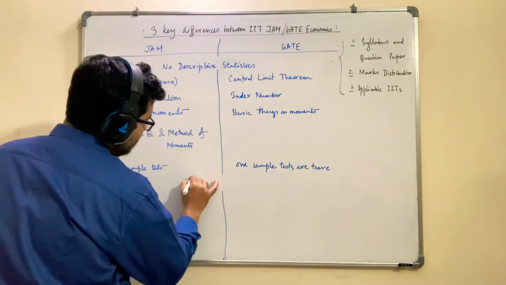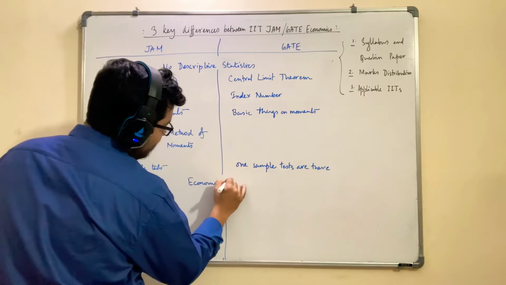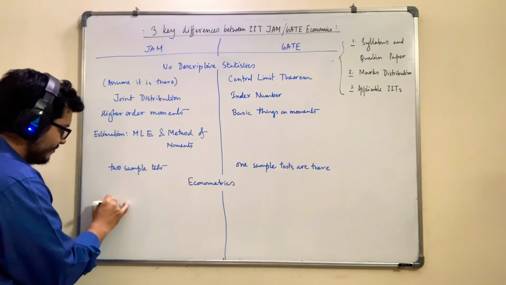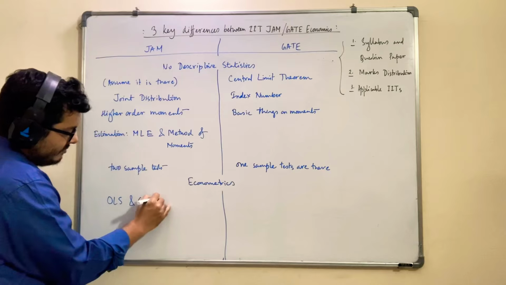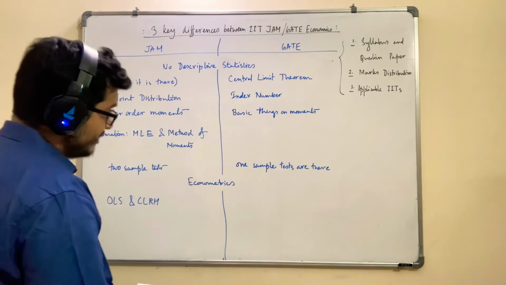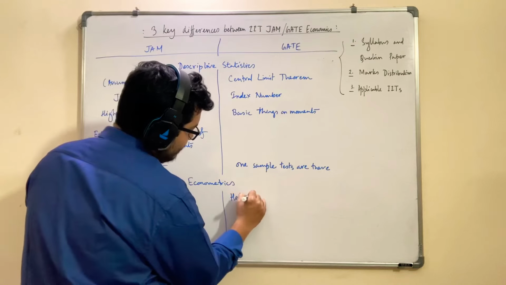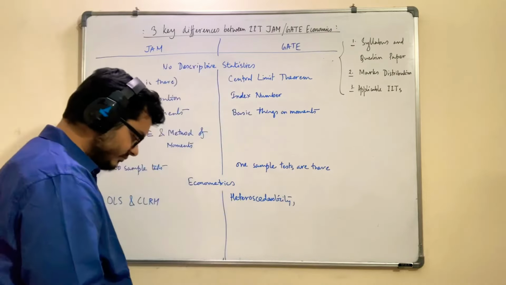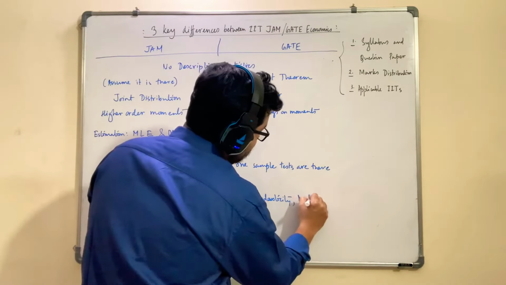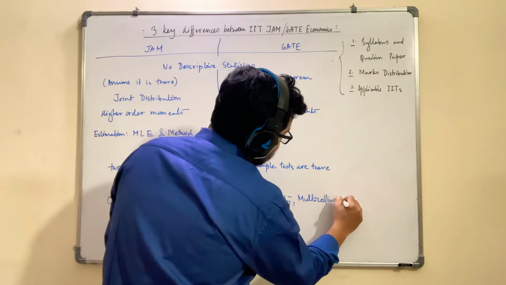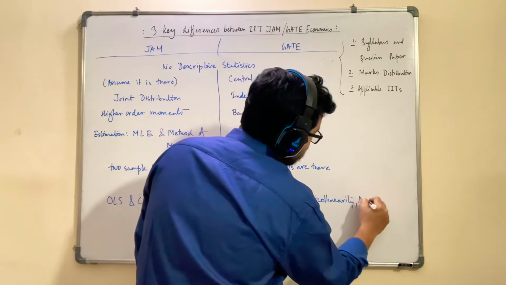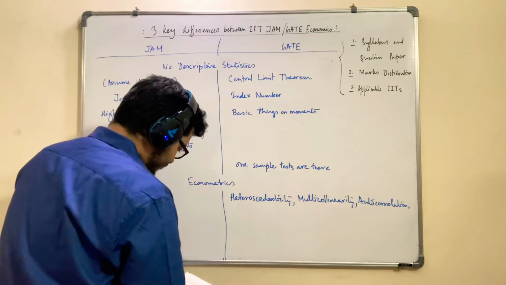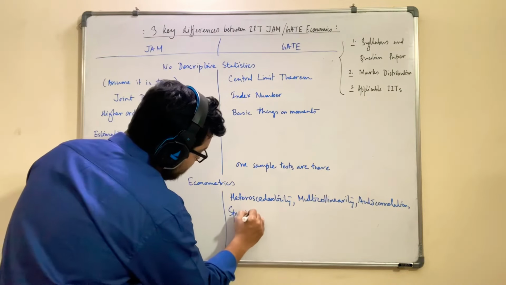Now we are going to write about econometrics. This is where it becomes very interesting, because in JAM you have only OLS and CLRM. Nothing else. But here in GATE you have all of them. So you have heteroscedasticity, multicollinearity, then autocorrelation, spurious regression,